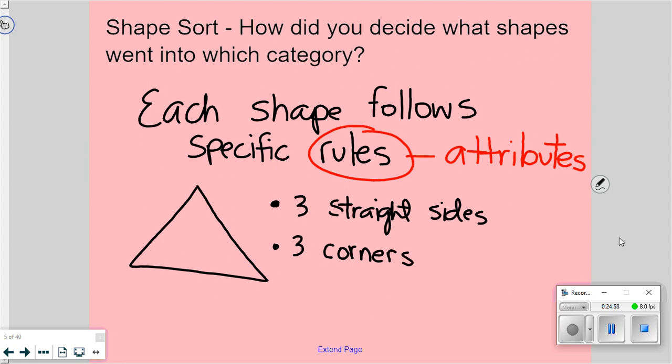In geometry, not really in 3rd grade, we're not going to do this, but you will absolutely do this next year, you can measure the space of that corner. That measurement is called an angle. Have you ever heard that word, angle? So if you hear someone talk about an angle, they're talking about this space right in here, the space of that corner, right on the inside. You can measure that. We are not measuring it in 3rd grade,